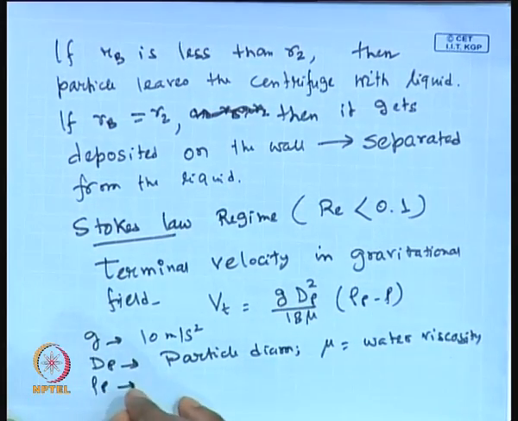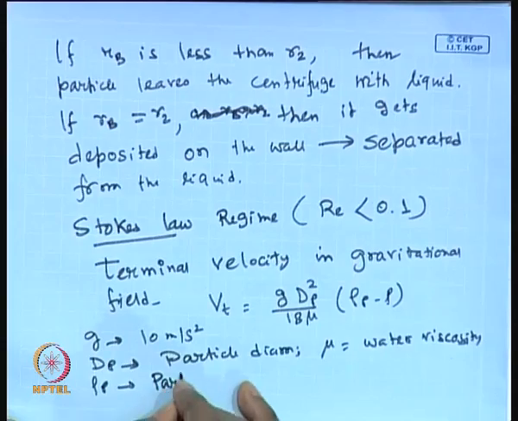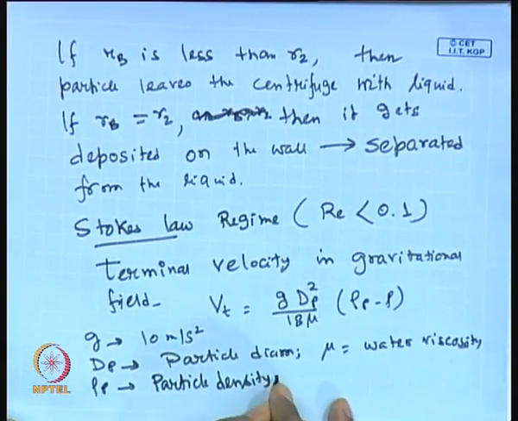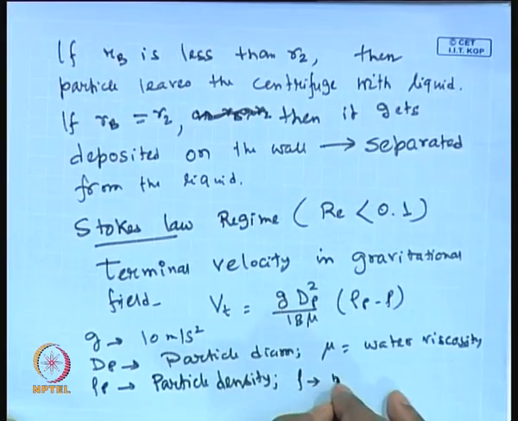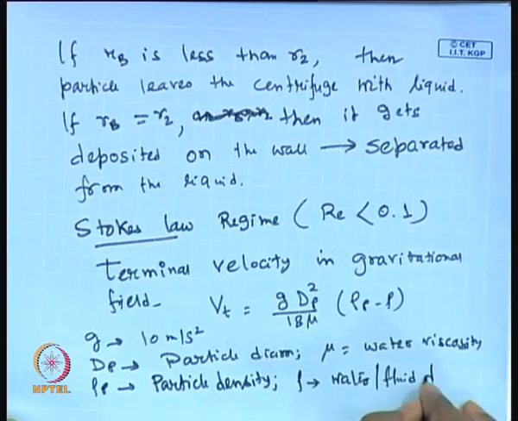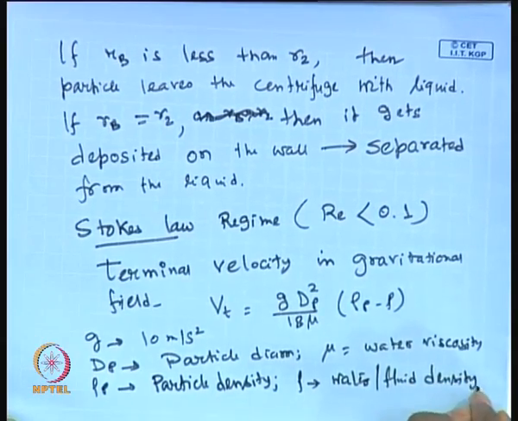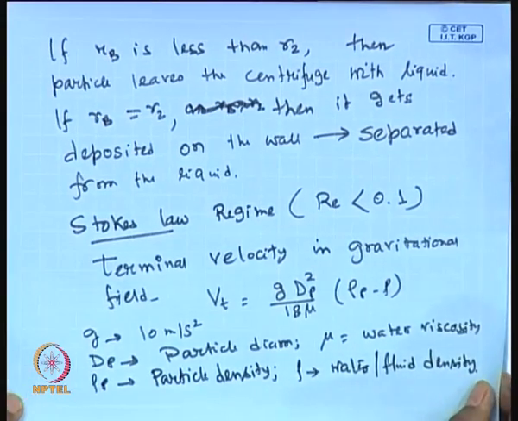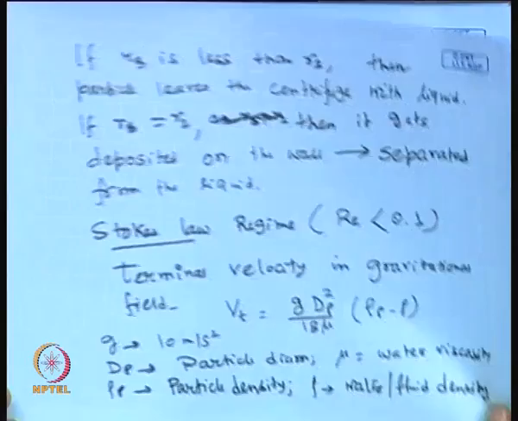Rho p is particle density. And rho is water or the fluid density, whatever we are dealing with. Okay. This is the expression of terminal velocity under the gravitational field,